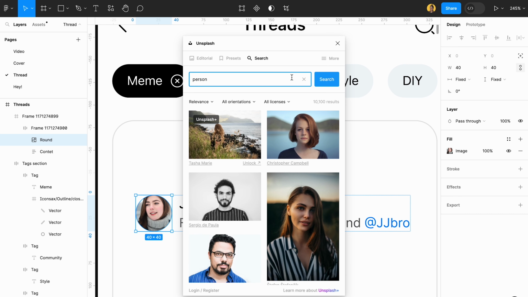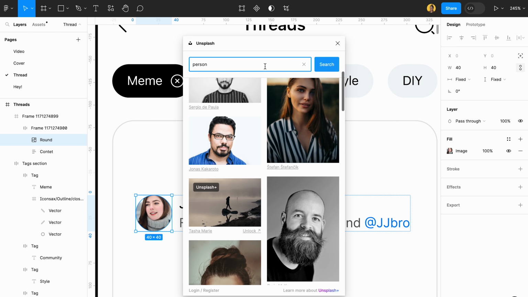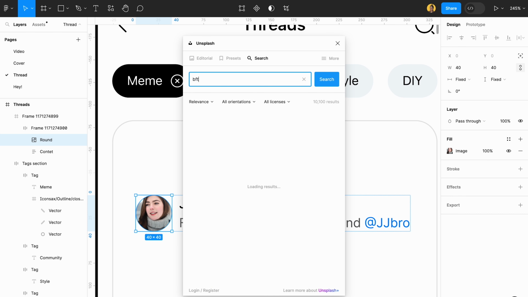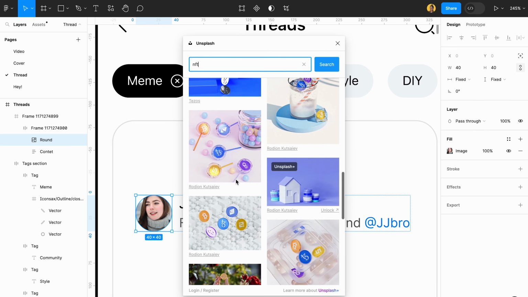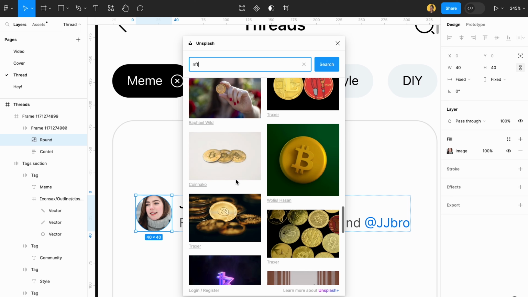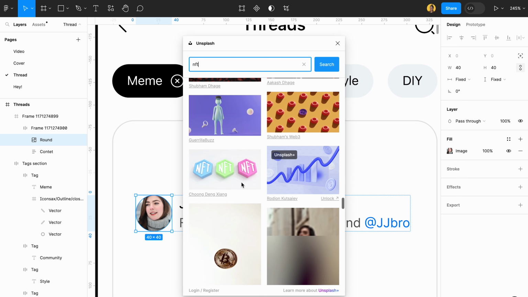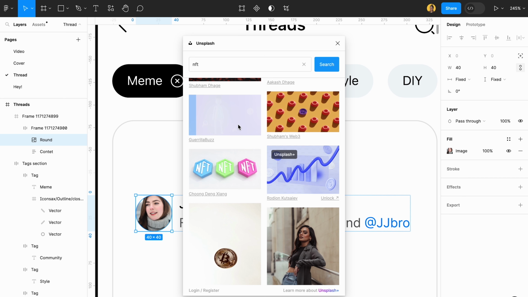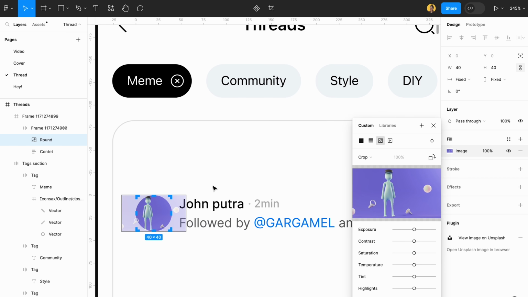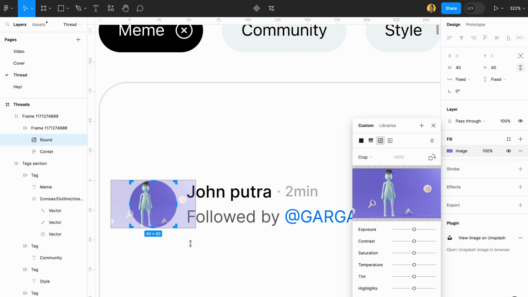Would that work? Yeah, that works. But let's just write NFT, not BFD, NFT. I'm looking for something cool to put there instead of that. I want it to look more... Okay, this is nice. I'm just gonna click on this, which is the crop tool, and I'm gonna change the